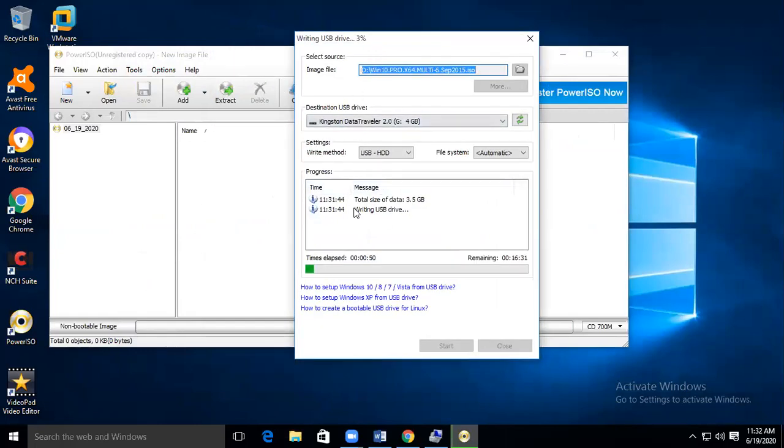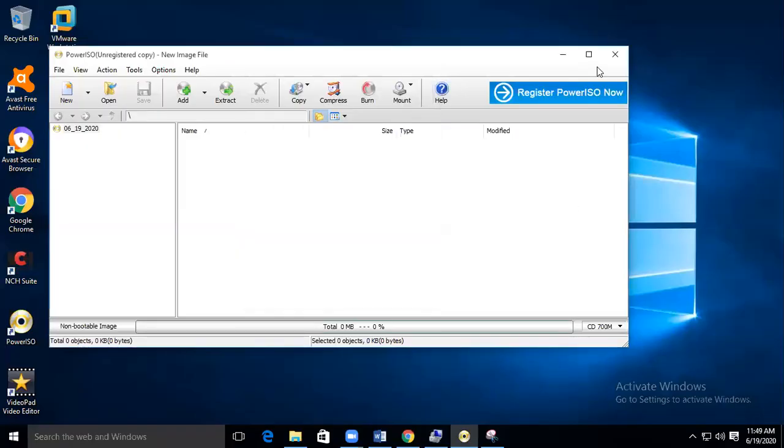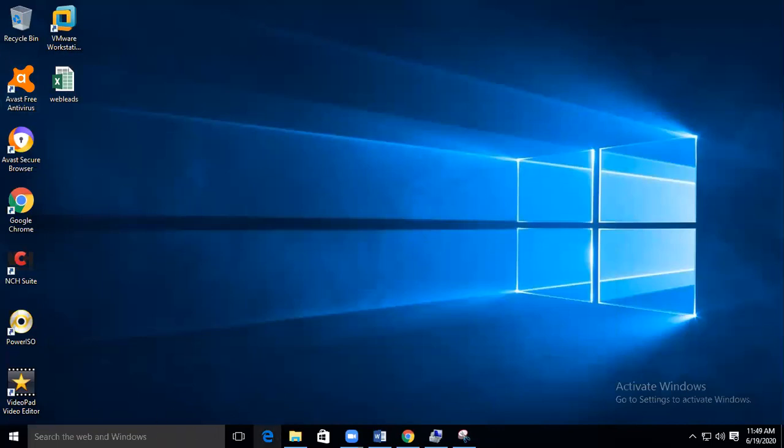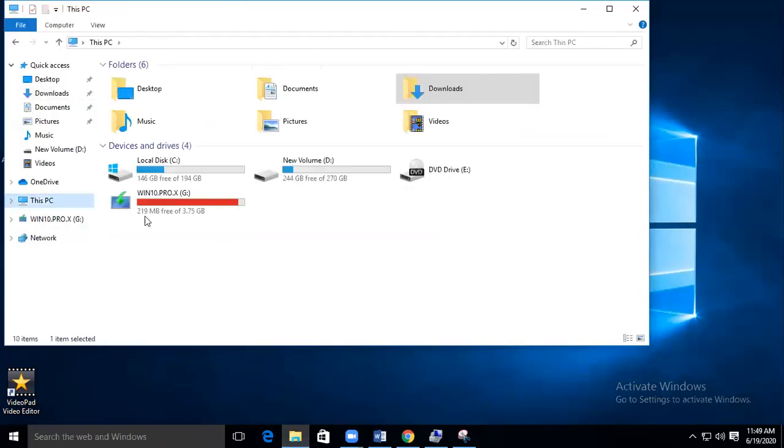a bootable pen drive. Now this pen drive, where do you want to install the operating system? You want to install in your desktop? You want to install in your laptop or anything? There you can install this operating system. If you have any doubts, you can ask me. Once you complete it, you'll close this and you see in your computer Windows 10 you got here. You can see the size also 3.775 GB.